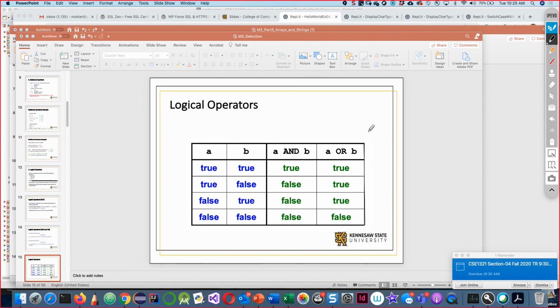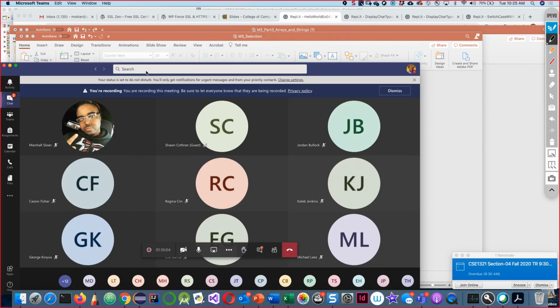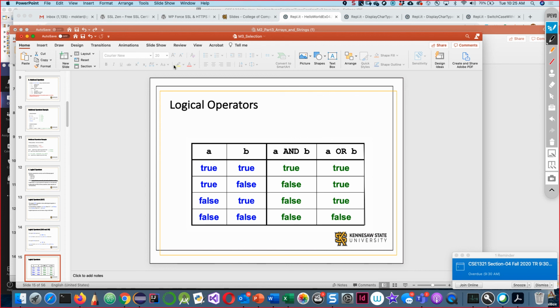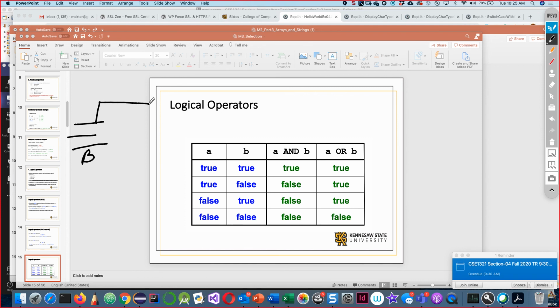So there are three basic logic gates. Okay, if I have a battery over here, and I have my switch A over here, and my light over here, and if I have another switch B over here and a light over here,